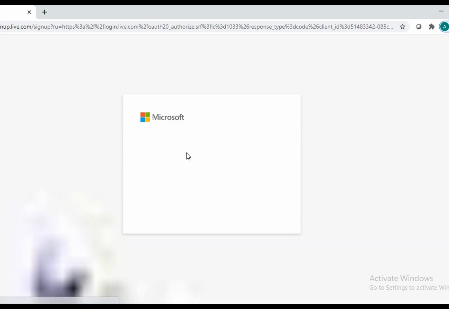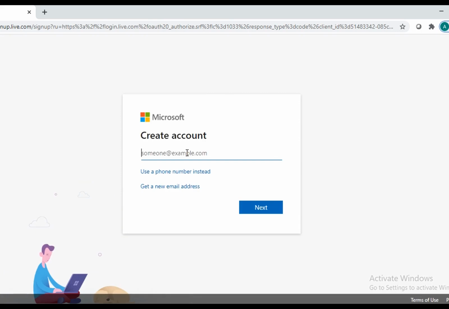By clicking create one, you can get the create account page, and here you can provide your mail ID followed by Gmail or hotmail.com. Using Outlook or Hotmail, you can create a Microsoft account.